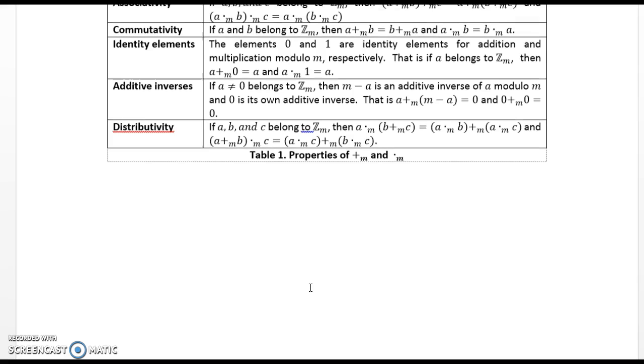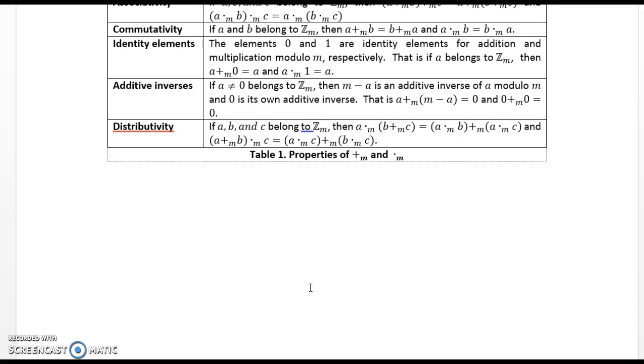Additive inverses. If a is not equal to 0 and it belongs to the integers modulo m, then m minus a is an additive inverse of a modulo m, and 0 is its own additive inverse. That is, a plus the difference m minus a, where I'm adding modulo m, is equal to 0, and 0 plus 0 is equal to 0. Distributivity. If a, b, and c belong to the integers modulo m, then we have the distributive property of